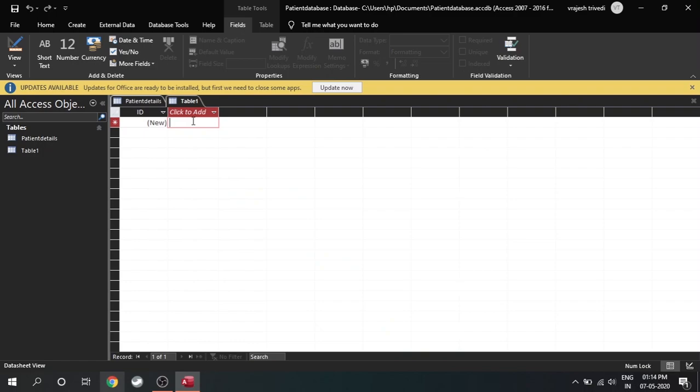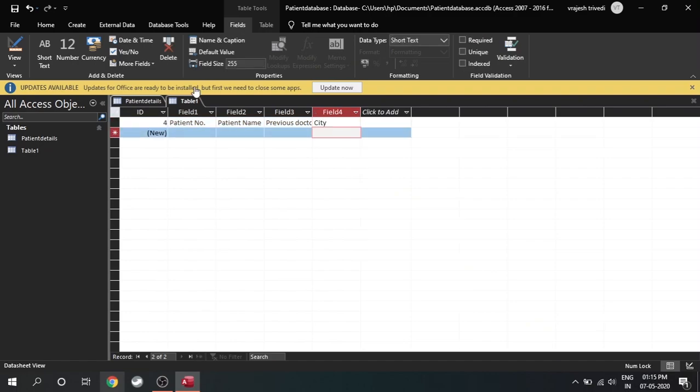So for example, if a doctor creates a database for the patient, so number, patient name, previous doctor, city. So for example, if the doctor wants to create another table for patient where he shows us the previous doctors list, so he can do that as well.